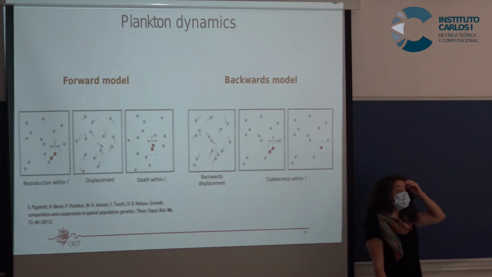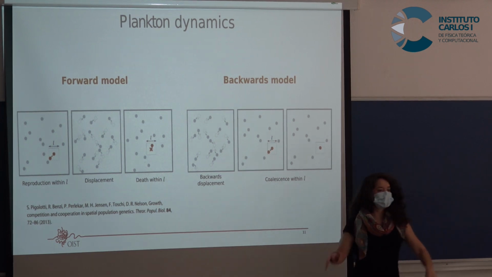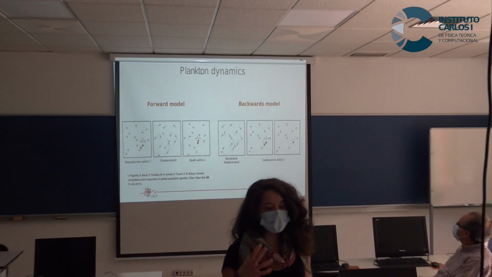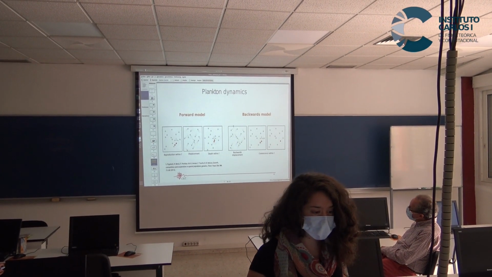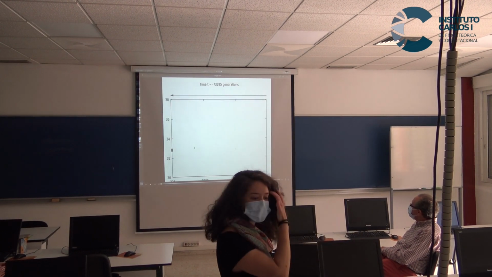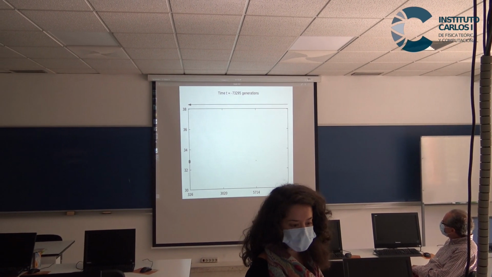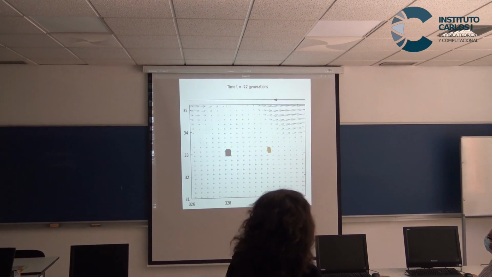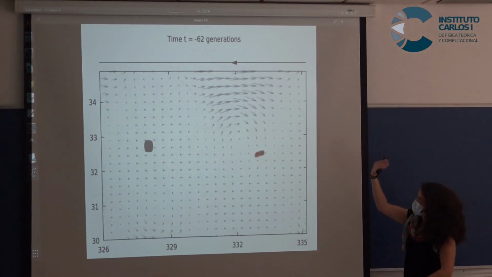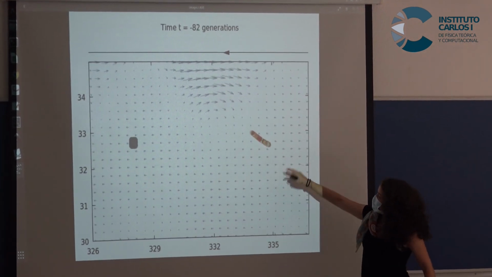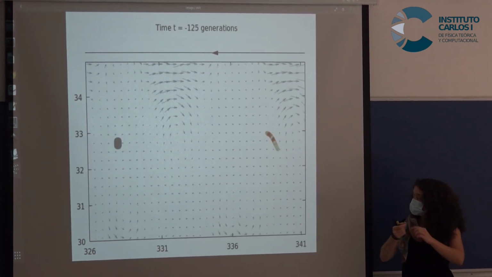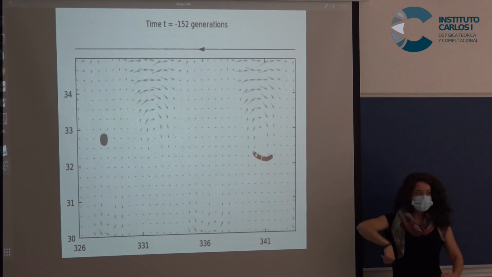Okay, so I would like to show a video so that you have an idea of what happens here, because if you haven't seen particles in a chaotic advection before, it's good to know. Here, the gray area is the initial sample, and it evolves backward in time. So you see generations going backwards. And this is the flux. And you see what is particular of chaos, that you have these filaments in time.